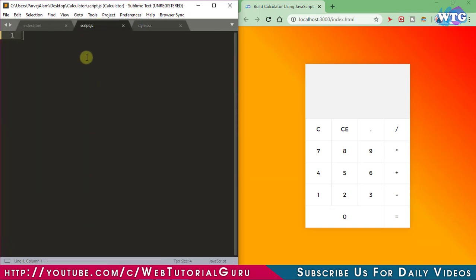Now let's come to the script part and create this function append with the parameter num. Now document.querySelector is used to select an element in the HTML. So I am selecting text area here.